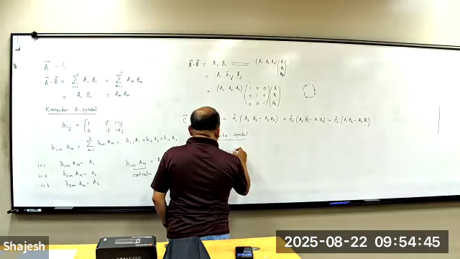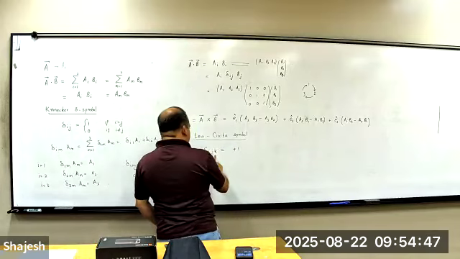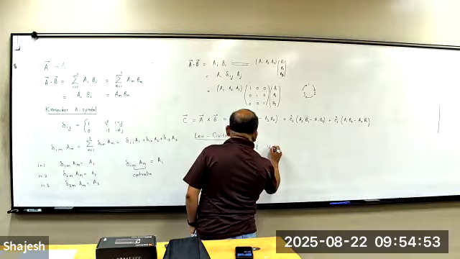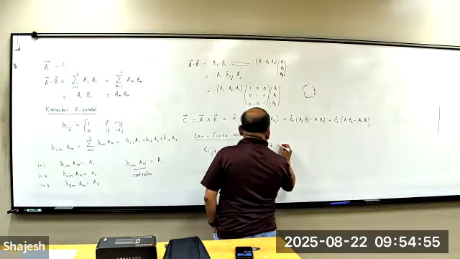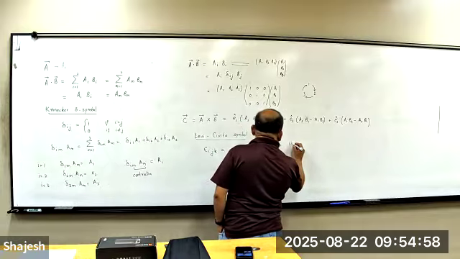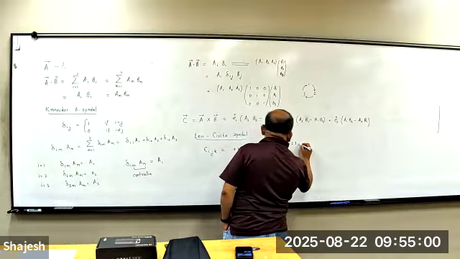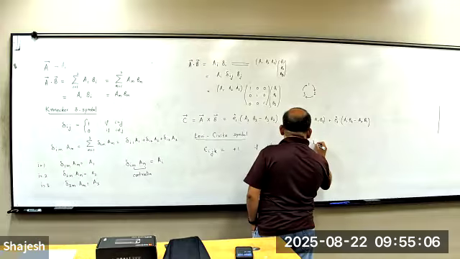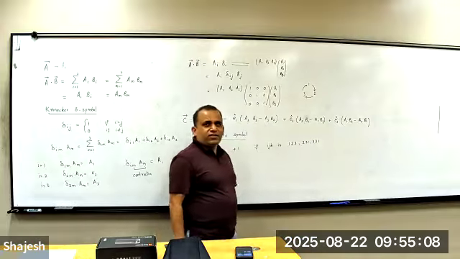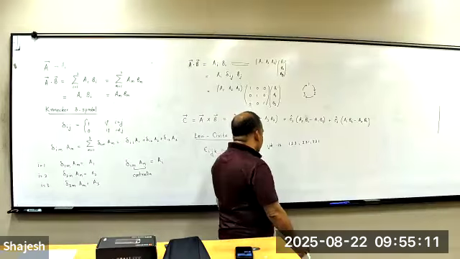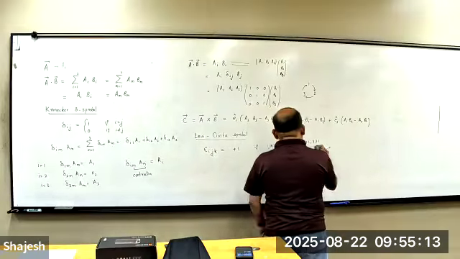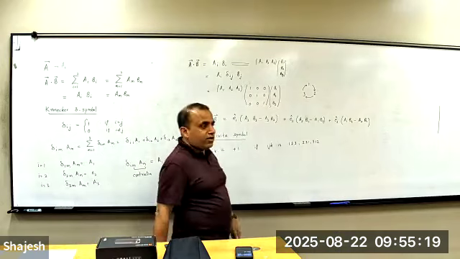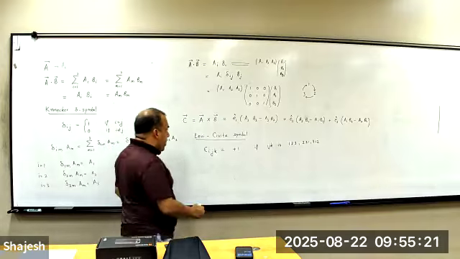This is going to be equal to plus 1 whenever the 3 components are cyclic. So if ijk is 1, 2, 3, or 2, 3, 1, or 3, 1, 2. It's going to be minus 1